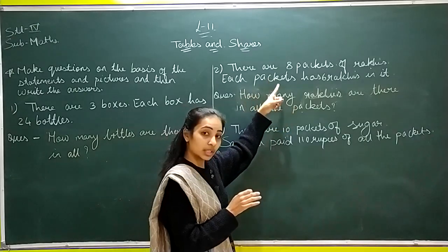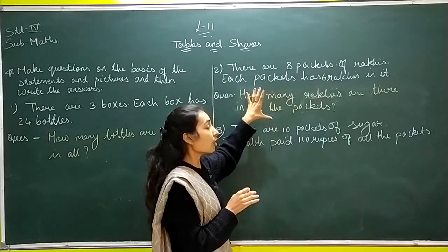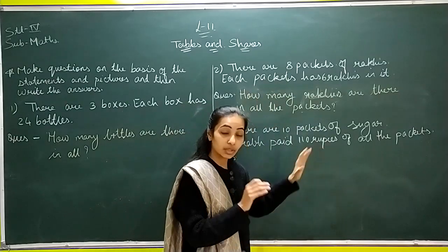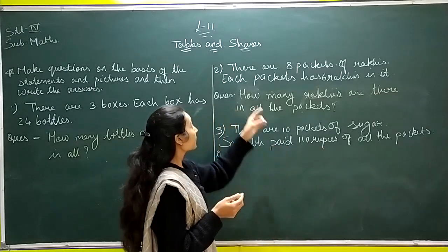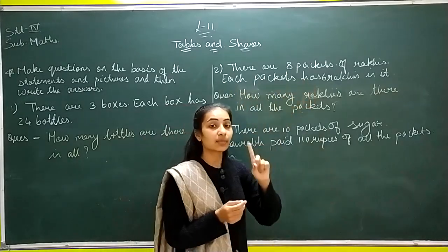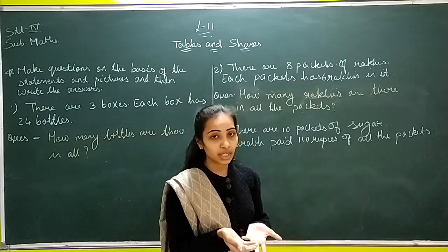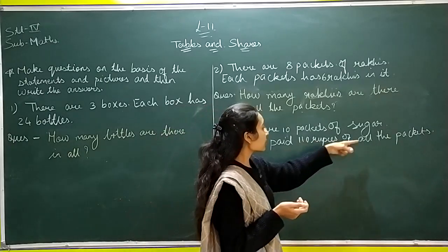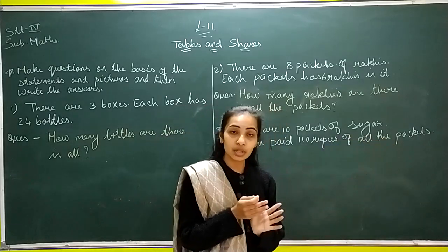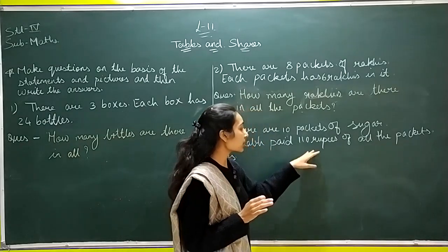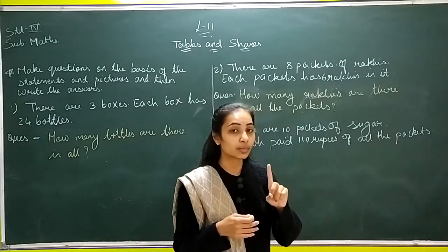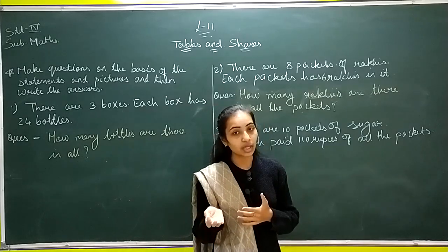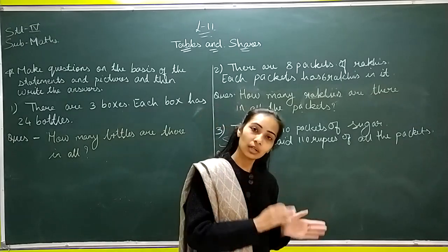Till now for one it was told and we were asking for all the packets. Now here the price for all the packets is given, we have to find for one. Obviously, see, each packet has 6 Rakhis. That means for one packet it was told, so obviously we have to find for all. Now here it is given for all, 110 rupees for all the packets. Then obviously we have to find the price for one packet. Understanding? That means if for one is given, we will find for all, and if for all is given, we will find for one, right?